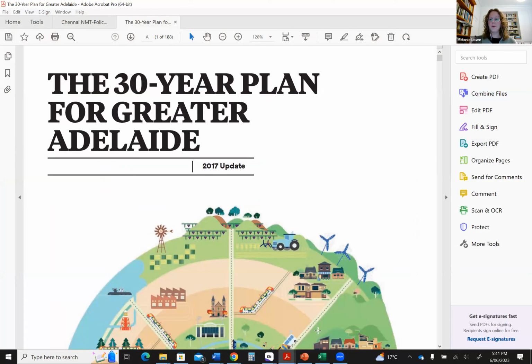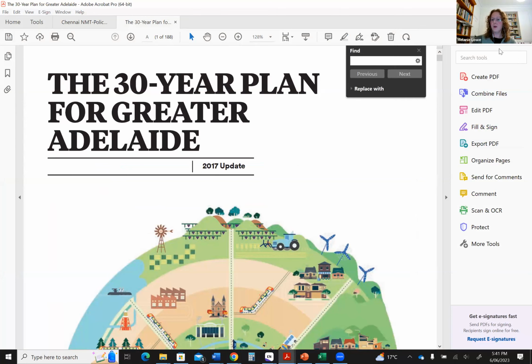So here it is, the PDF. I've downloaded it and I'm interested in whether this document has anything related to density. So I'm going to use Control F here to bring up the search or find function, and I'm just going to type